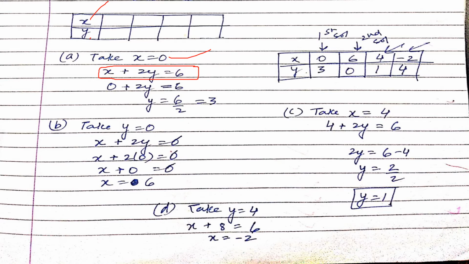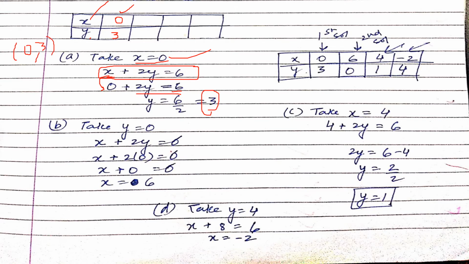What will happen? If you take x as 0, you have to put x equal to 0 in the equation. So I have put x as 0 plus 2y is equal to 6. Now we have left only this thing. So y is equal to how much? 6 upon 2, that is 3. So the first value of x we assumed as 0, and then solved the equation to find the value of y as 3. Got it? This is the first coordinate in the xy plane, that is (0, 3).